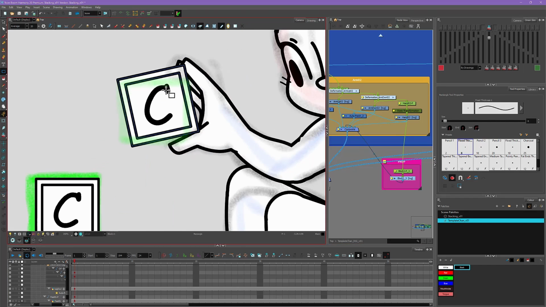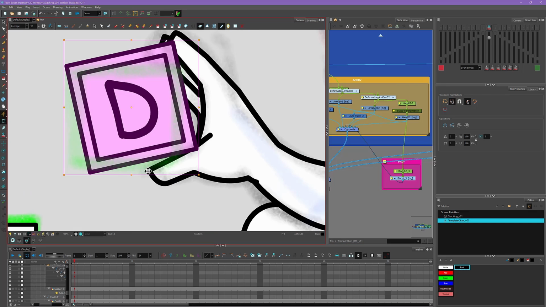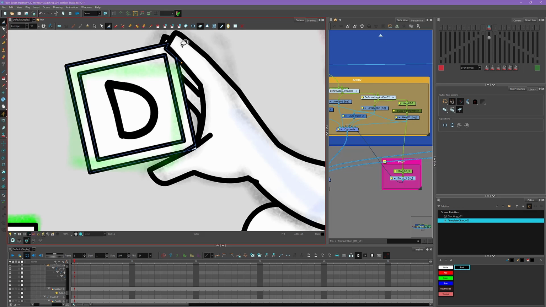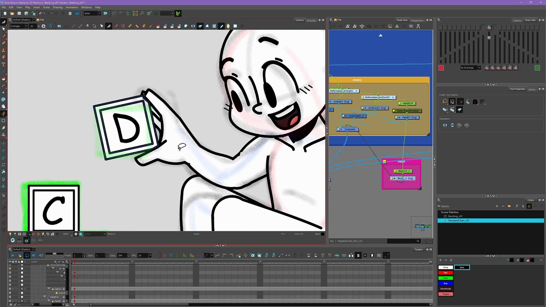And then again, I can change the text on here. I also want his fingers to overlap it. So I think what I'm gonna do is just take this drawing layer, make a duplicate drawing so I don't lose that original drawing. I'm just gonna use my line tool here, just cut some lines for his fingers here to overlap just like that. And there we go. We have a drawing that's overlapped with his fingers just like that.